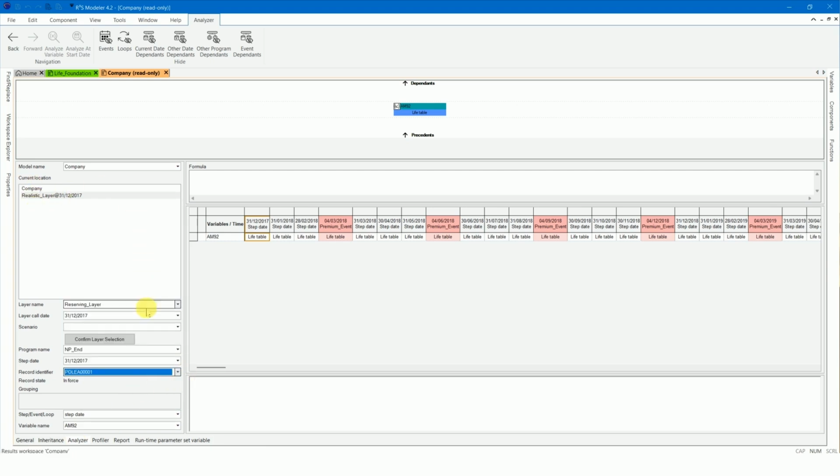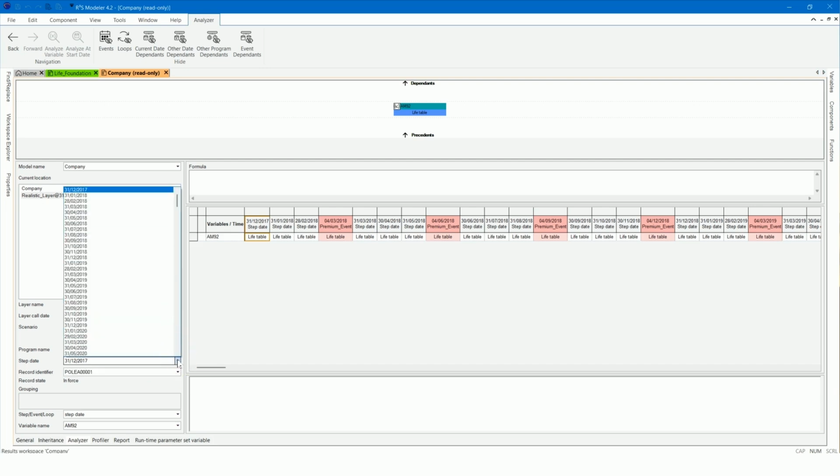Observe that the first element in the step date drop-down list is the portfolio date or time step 0, and the second element is the first projection step or time step 1.